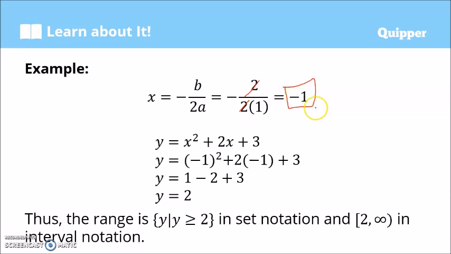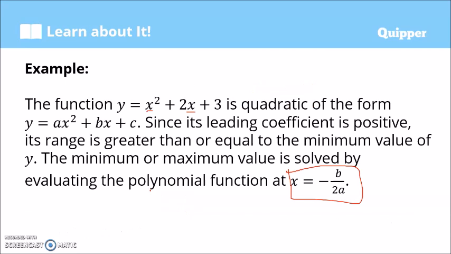Next, we substitute this negative 1 to the x that we have here in the original polynomial function in order to solve for y. So that is negative 1 squared plus 2 times negative 1 plus 3. So this is positive 1 minus 2 and then plus 3. And so the value of y is 2. Meaning this is the minimum value. Bakit minimum value? Because we have here a positive,